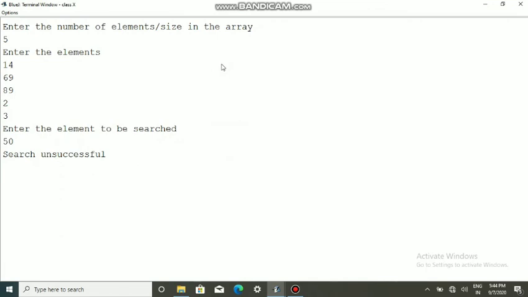So with this, today's session is completed. I hope that you are clear with the linear search. And in the coming sessions, I'll be explaining one more searching and other sorting. So be thorough with the program code of searching as well as sorting, because it is very important.